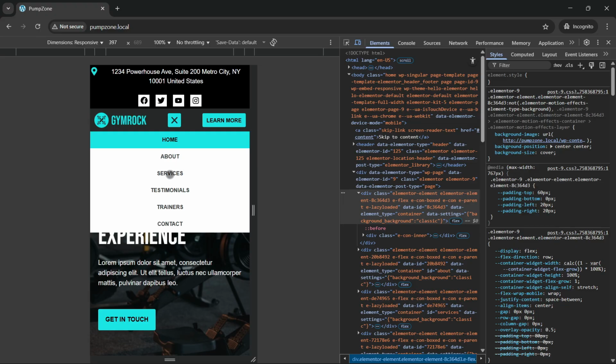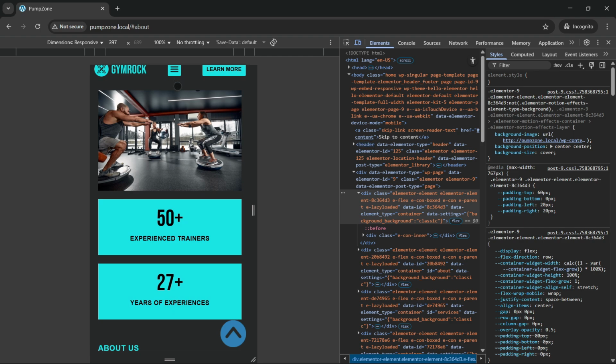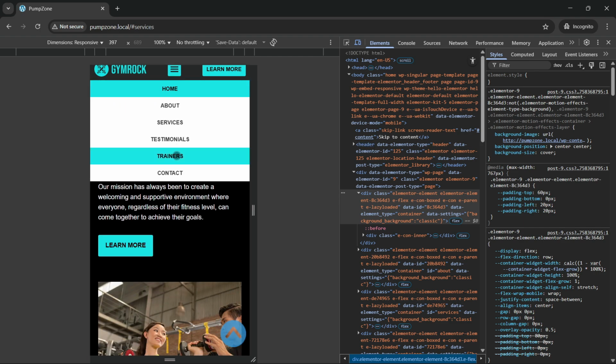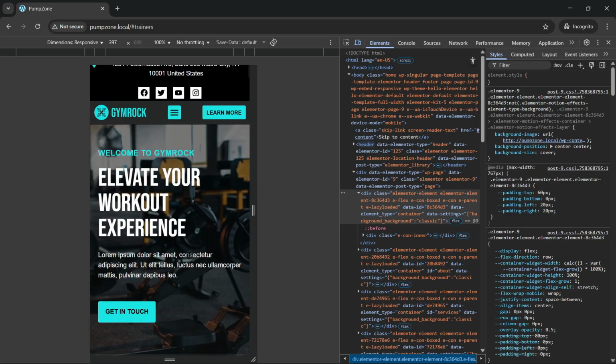So this is the mobile menu. We can click on this menu to go to their respective section. Suppose I want to go to the about, I want to go to the services. Okay, so you can just click on this and it will take you to their respective section. Okay, so this is a single pager website, and this type of single pager website is largely used for the